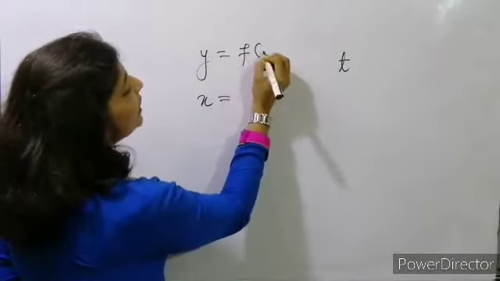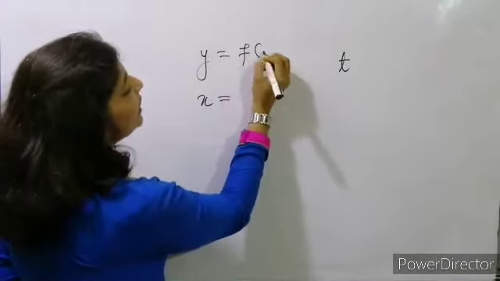Since we are talking about dy by dx, for that we have to do dy by dt divided by dx by dt. In this case, one thing we should know is that the denominator cannot be 0, otherwise this will be a non applicable value. So dx divided by dt cannot be 0.